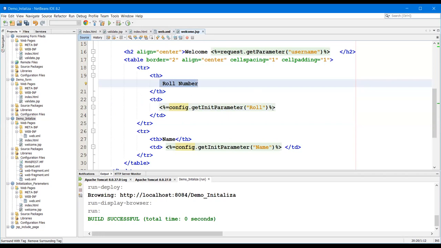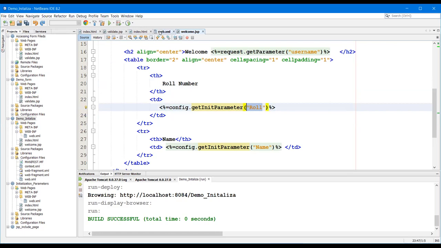Instead of roll number we can get... I don't know, I will let you know whether we are able to get the parameter name or not. We need to use the Enumeration data type, get all the details in the enumeration, and access them in a for loop. That is a lengthy process. So for the time being, we are going to use the initialization parameter name directly, and to get the parameter value we need to give the parameter name.